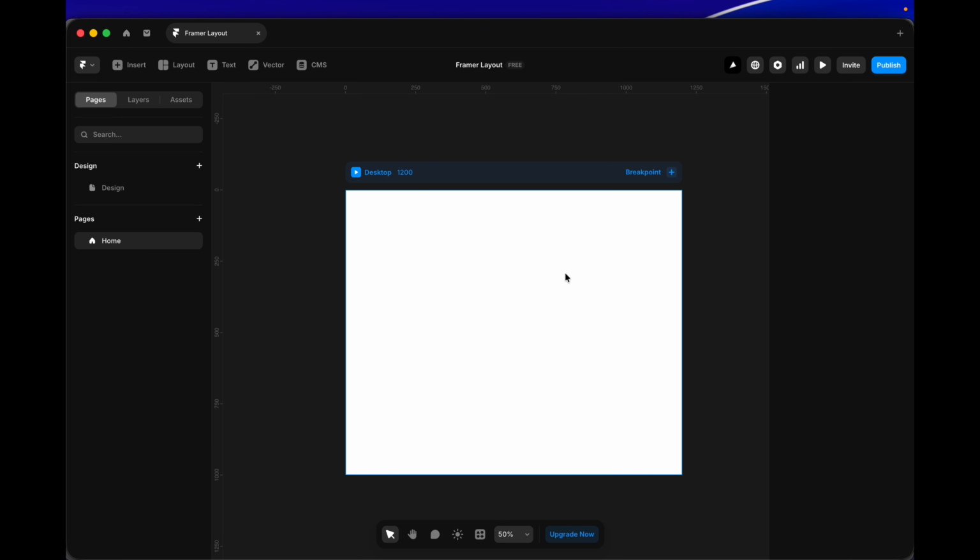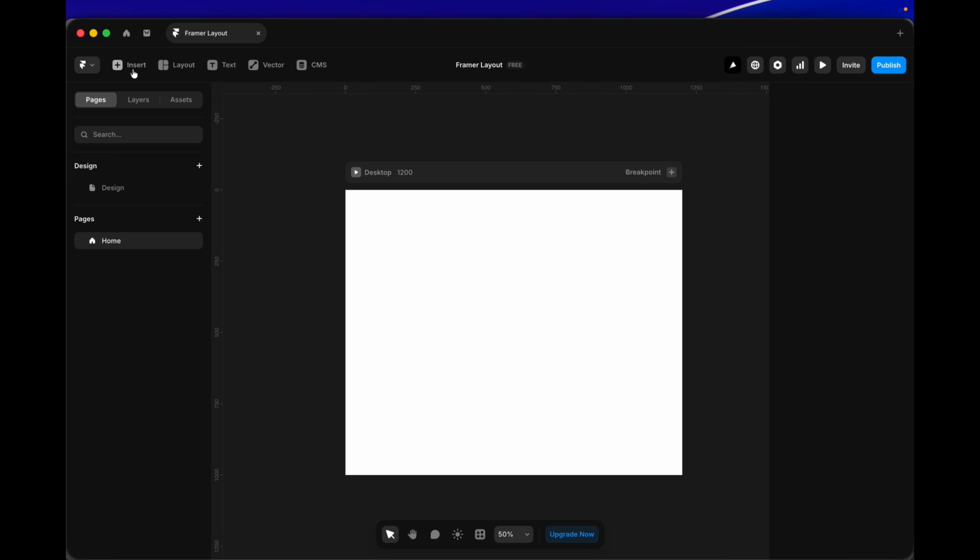If you have used Figma, then this is not a new tool or new thing for you. This is completely like Figma. Everything is placed exactly as in Figma. Layouts, properties, every tool we need is completely like Figma, so you can find it easily if you have used Figma. So let's start